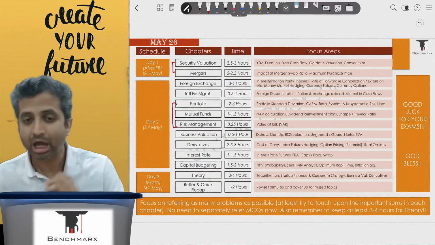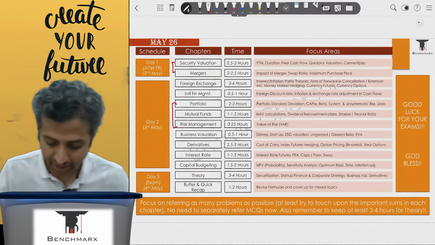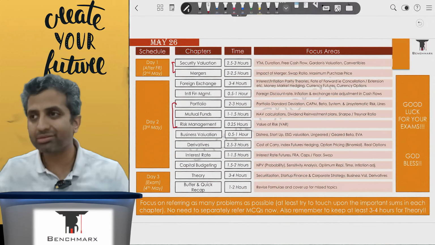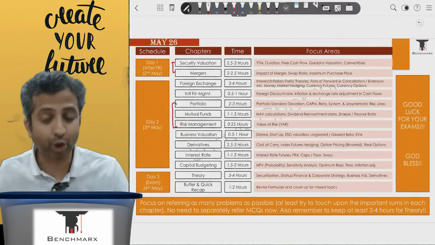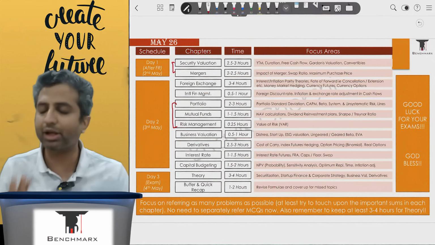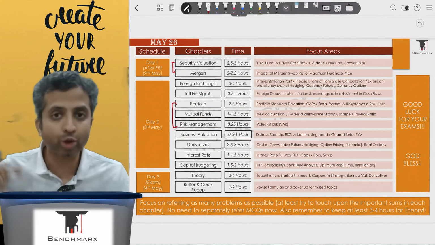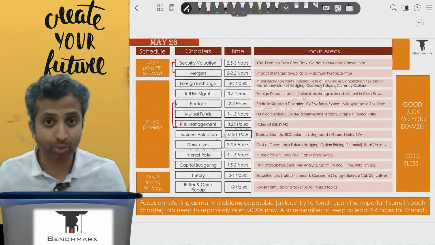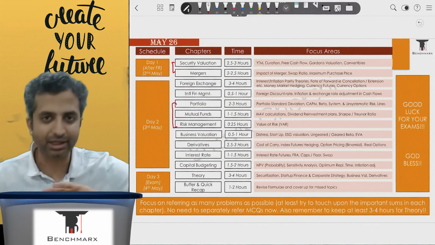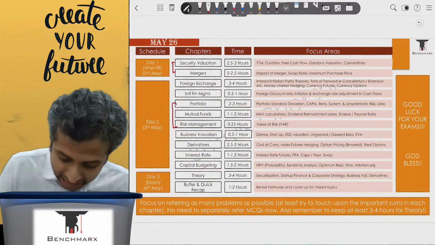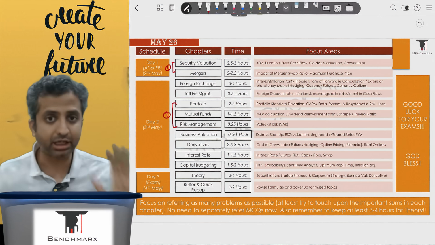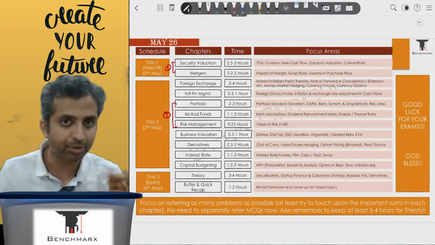This is typically a part where students don't face as much difficulty. So if you're comfortable starting with bonds or equity, then do security valuation, but it is very important that you get into momentum fast. So whatever is the most comfortable, you should do it. In my experience, that is not derivatives, that is not foreign exchange. So either of these two will be your starting point today, and you will try to wrap that up today.